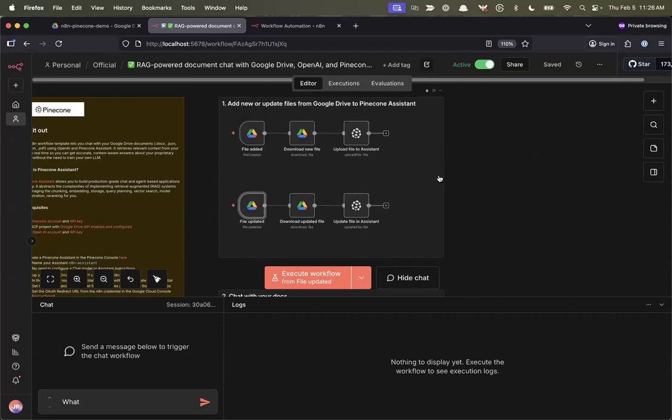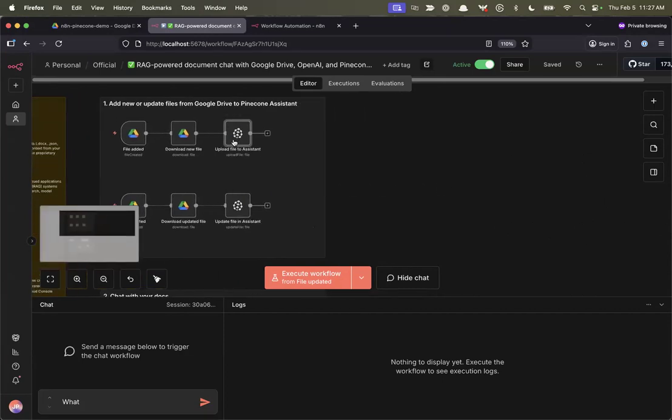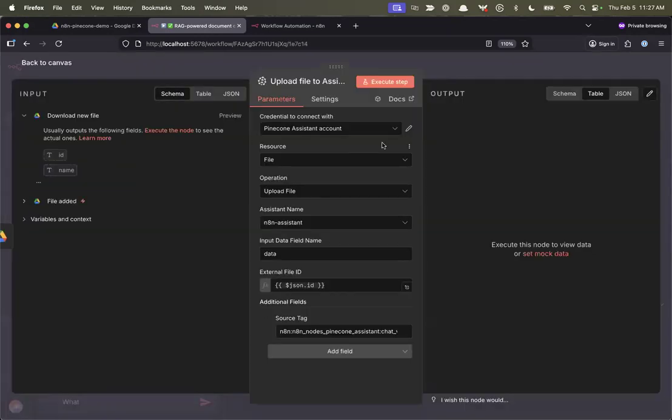You could have a node that does something when a webhook is invoked. This node is downloading the file from Google Drive so that it can upload it to Assistant. And this Assistant node is just the regular Assistant node. It's not a tool in this case.